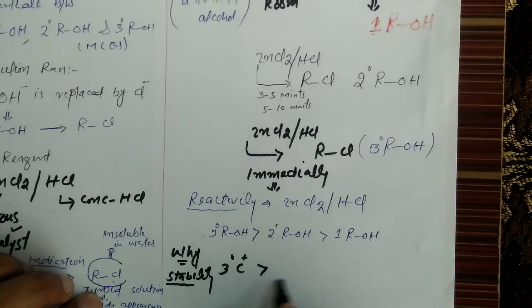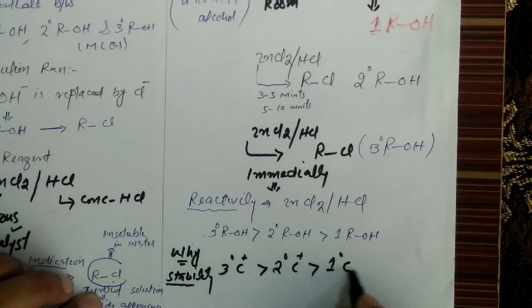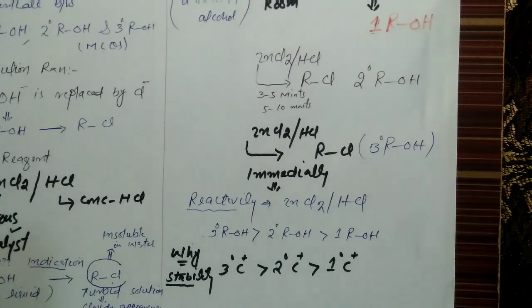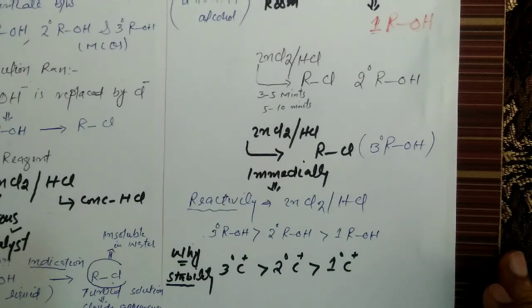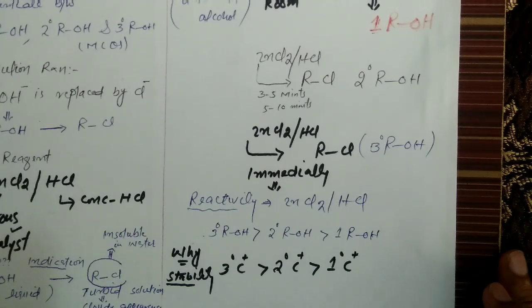Tertiary carbonium ion is more stable than secondary carbonium ion, which in turn is more stable than primary carbonium ion. इस पे भी MCQ सेट किया जा सकता है कि why tertiary alcohol reacts immediately, quickly with the Lewis reagent. So remember, वहाँ पे क्या होता है मैं बाद में बताता हूँ आपको, आप लोगों को कि किस तरह रिएक्शन होता है. टर्शियरी अल्कोहल में जो टर्शियरी कार्बोनियम आयन बनता है वो मोर स्टेबल है देन सेकेंडरी, एंड सेकेंडरी इज मोर स्टेबल देन प्राइमरी. सो दैट इज व्हाई